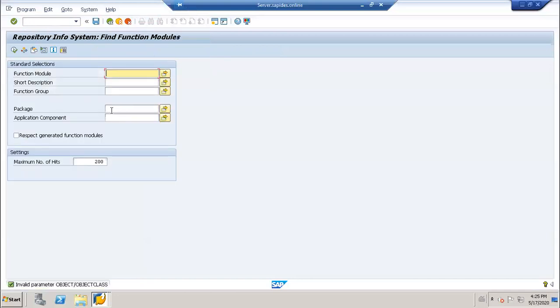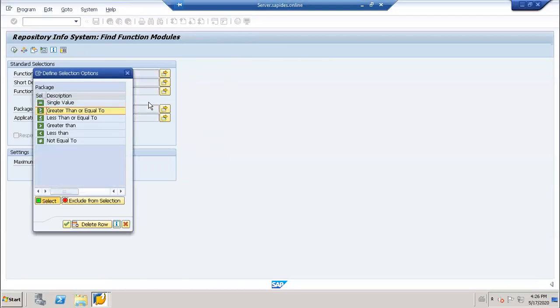So here you can give a package also. How can you find the package of a transaction code? Let's say I'm utilizing... Your voice is breaking, sir.